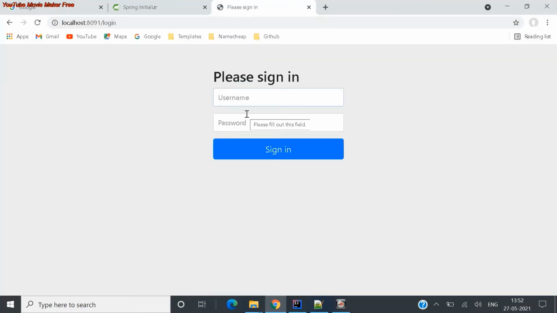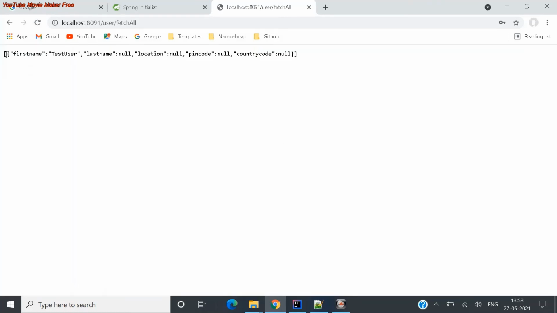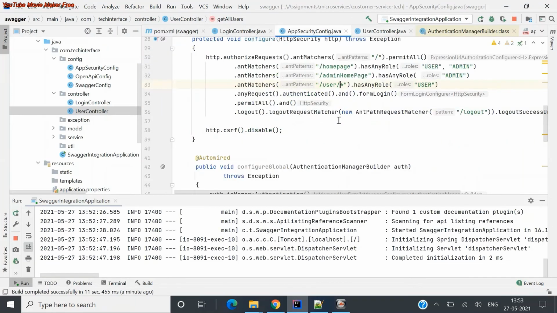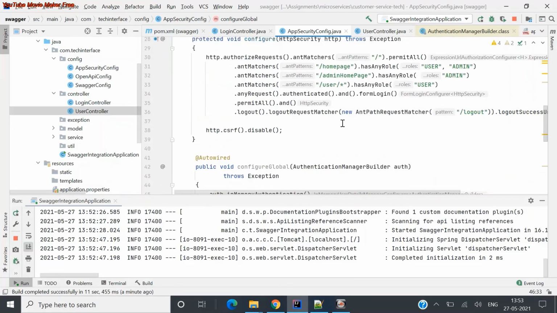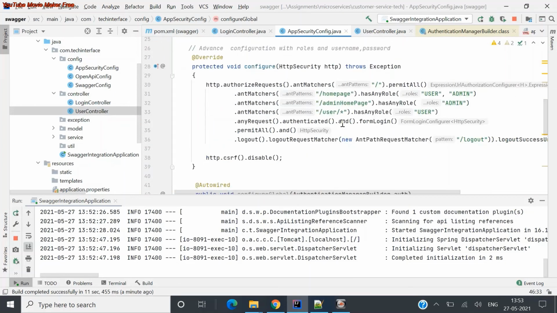Any request coming in will ask for a username and password, because we have integrated Spring Boot Security here, with all the dependencies. So as a user, I give it the username. See, it is returning data because user and fetch all is allowed for any user who has the role of user, with the same username and password that you configure here. It's just a high-level thing you need to understand.